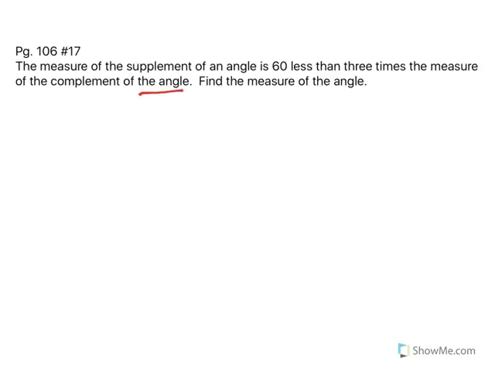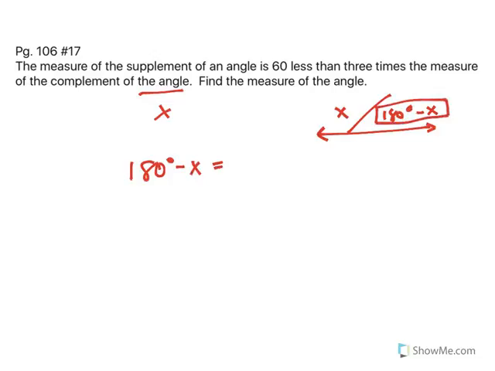What angle? Let's call that angle X because I don't know anything about that angle. And we always want to name the angle that we know the littlest about, X. So the measure of the supplement of an angle, we know the equation for the supplement of an angle is 180 minus X, so let's put that. And we have 180 minus X. This right here, 180 minus X, equals